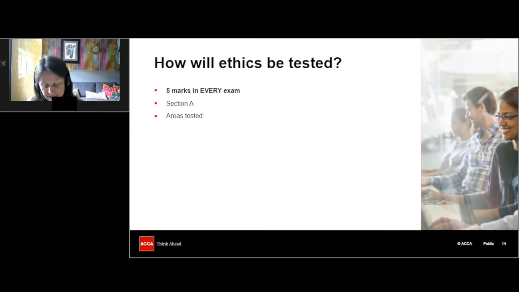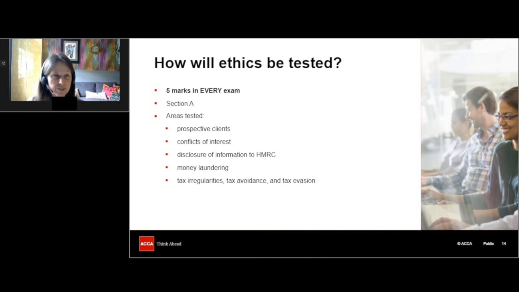So the examiners have said, in the examiner's approach article, which areas are going to be tested in the ethics section. So we have prospective clients and new clients, conflicts of interest, disclosing information to HMRC, money laundering, tax irregularities, avoidance, and evasion.